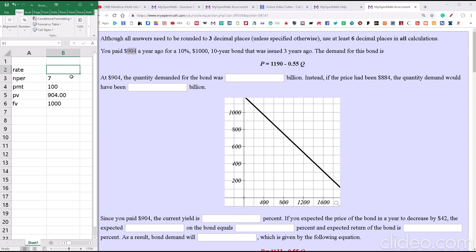The demand for this bond is given in the following equation, with price as a dependent variable and quantity as the quantity demanded for the bond. How many bonds are going to be purchased at a given price? So at 904, the quantity demanded for the bond is what? Well, we can copy this equation into Excel, and the price